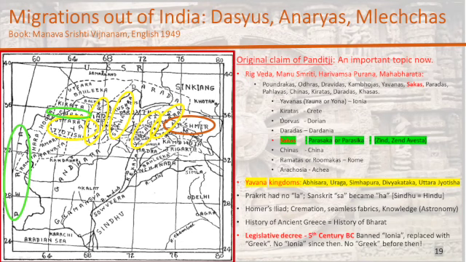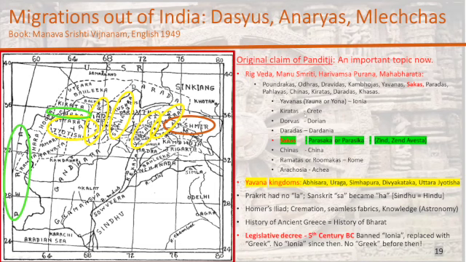For example, the Kiratas. The Kiratas settled in a place which is now called Crete. So these are just examples. Now, the Sakas colonized the place called Parasaka or Parasika, which I think is the original name of what became Persia. So the Sakas went west and they colonized Persia. The Chinas colonized parts of China, and so on and so forth.